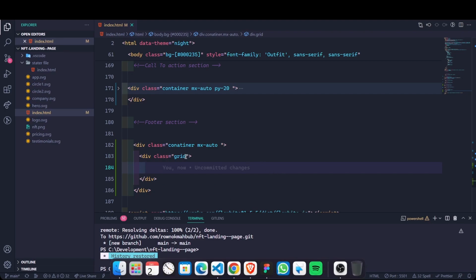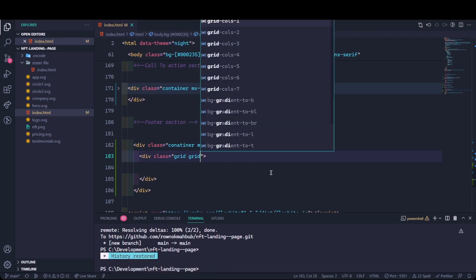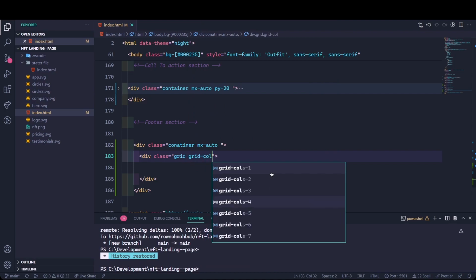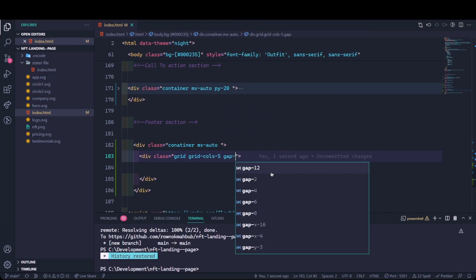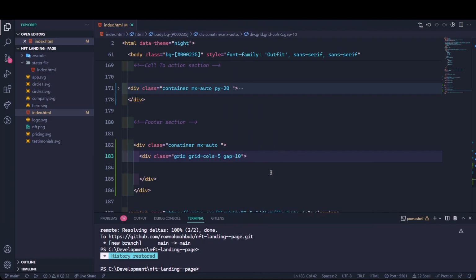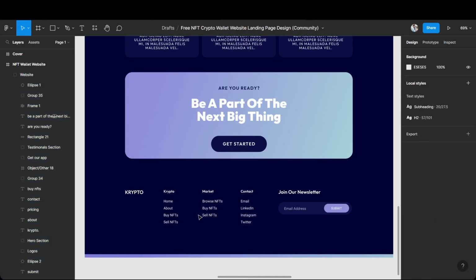So grid cols 5, and gap should be around 10. Okay. If you can see, like this portion is a little bit bigger rather than